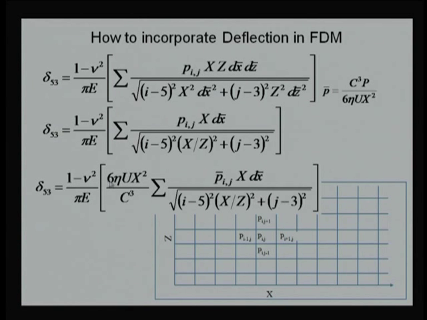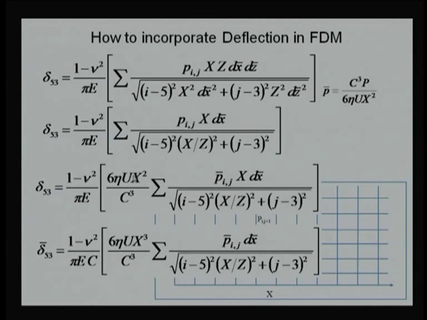When we do that, what we are getting now is a non-dimensional number, and a constant coming over here. There is 6 eta u x squared divided by c cube, and there is a capital X over here that can be transferred outside. So, this whole summation will turn out to be a non-dimensional number. Once we know the pressure Pij, we can simply find out the deflection. Here 6 is a number, 1 minus nu square is a number,